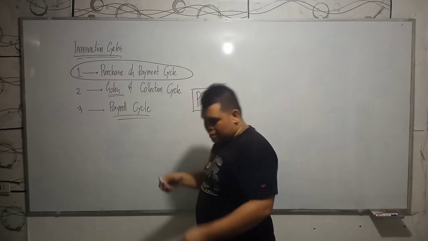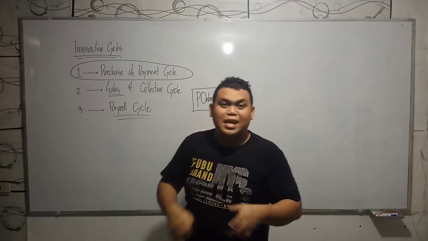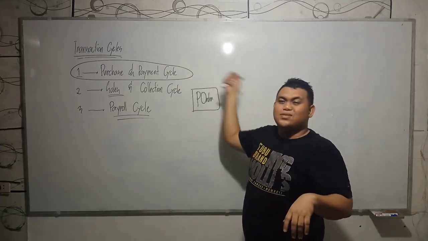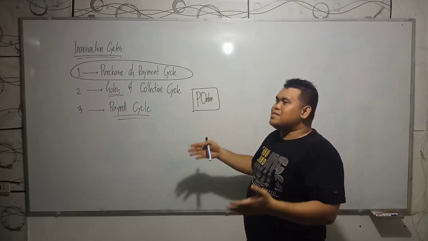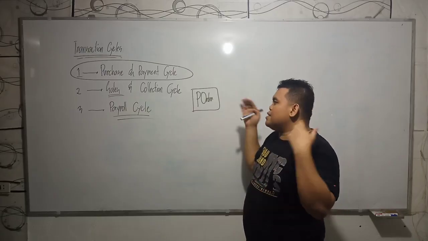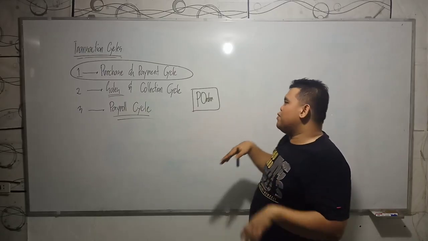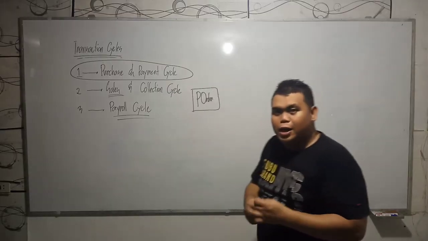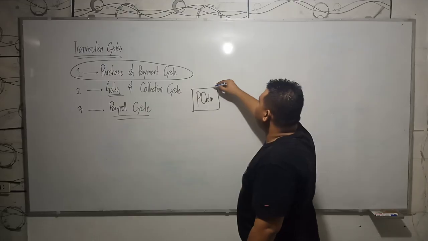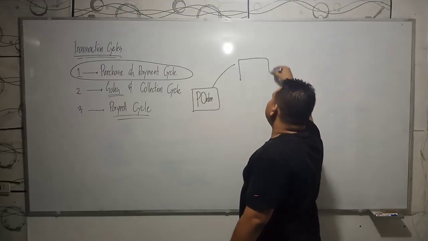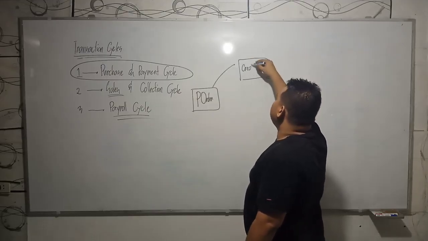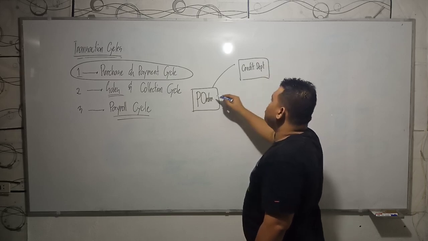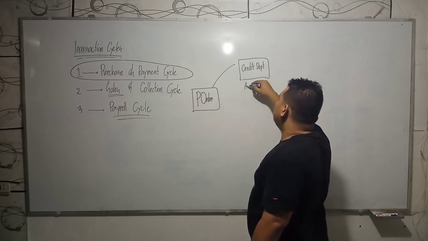Remember earlier, as a purchaser, we sent a purchase order to the supplier, right? So let's change our footstep already. Let's go to the seller. If we are the seller, we will receive purchase orders from the customers. Okay? And such purchase orders normally will be sent first to the credit department. The credit department will be the one in charge of approving this purchase order or not.